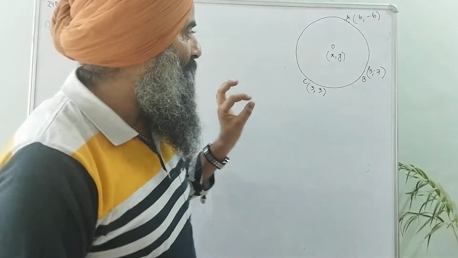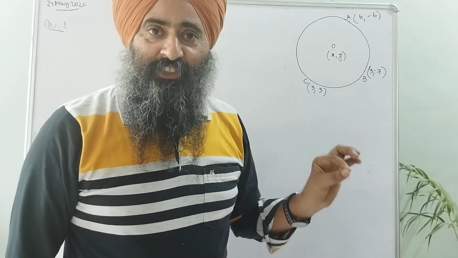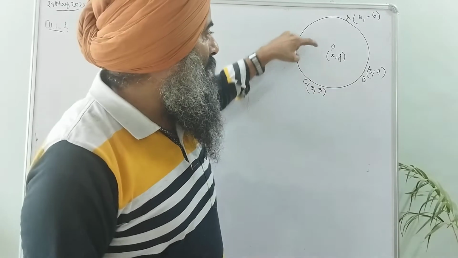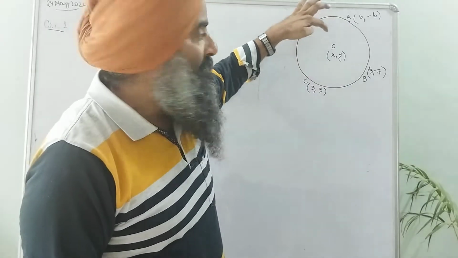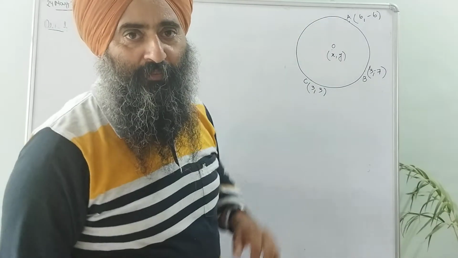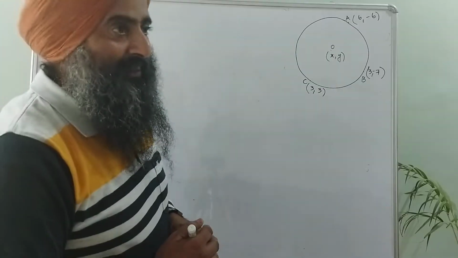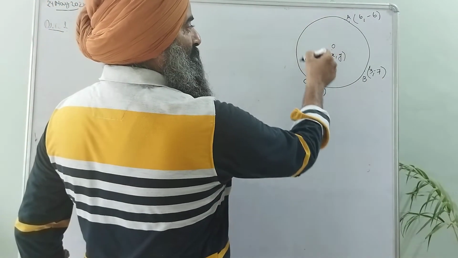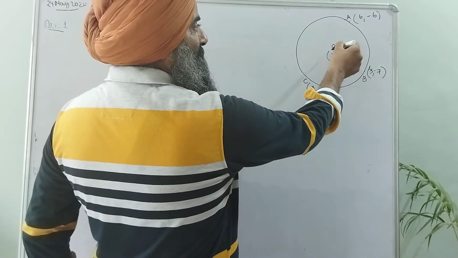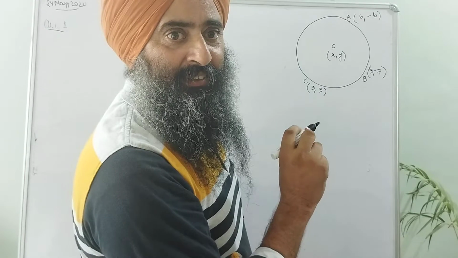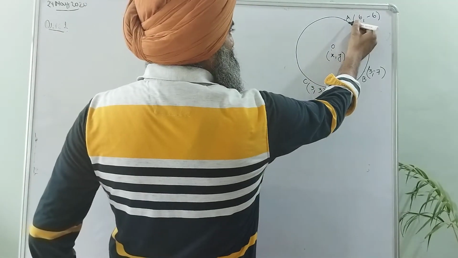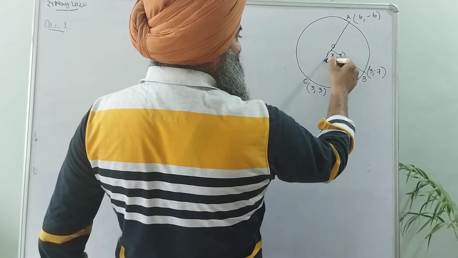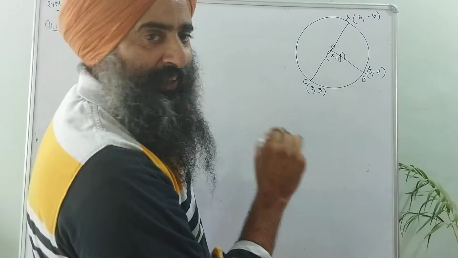Is it clear? Alright. Now, you can use the distance formula, you can use the area of a triangle, whatever it is, but you have to find the coordinates of the center of the circle, which is represented by point O. How can we do it? So students, the trick is, we know any point on the circumference of a circle joined to the center is known as, any student? Radius. Correct. So AO is also a radius, BO is also a radius, CO is also a radius.